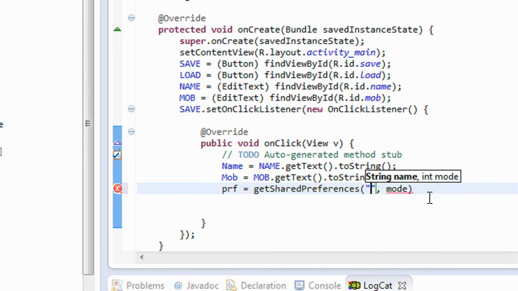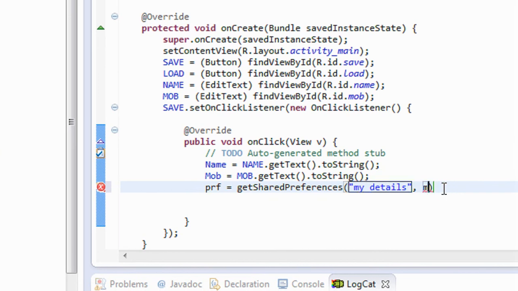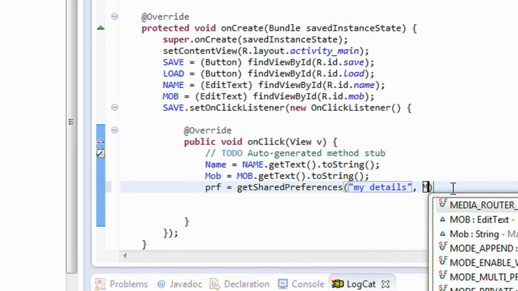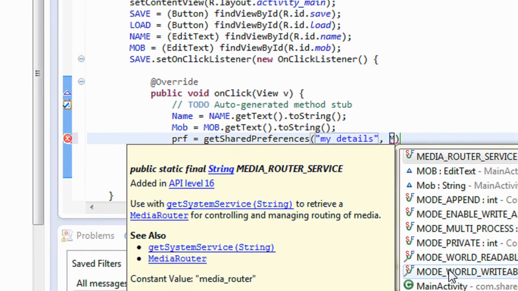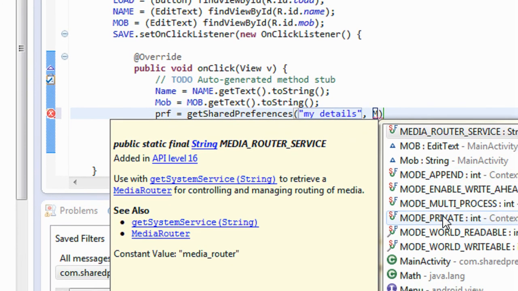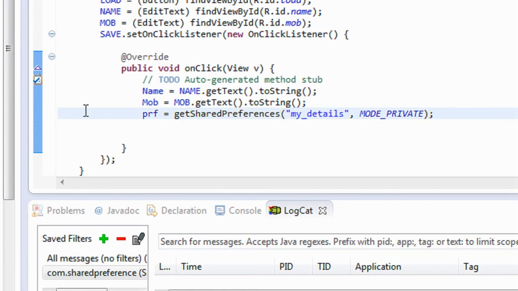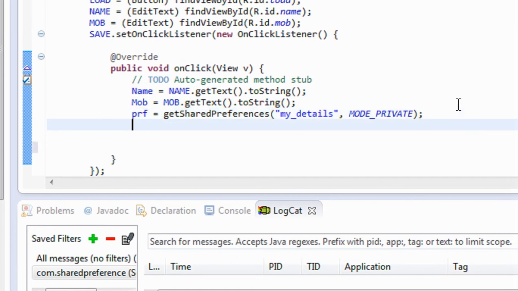I give it as my details, and also I need to give a mode. Here I use the mode private. Here I just get an object of the shared preference class, and here is the name for my shared preference object. That name is my details.